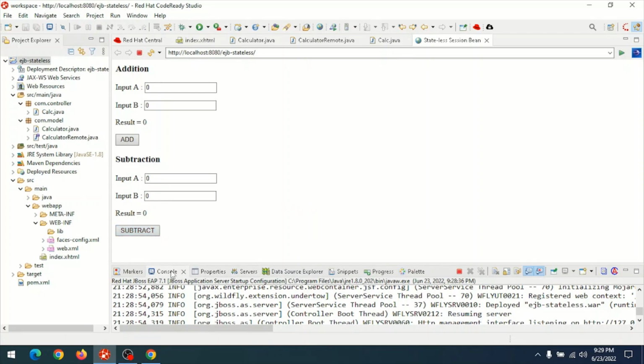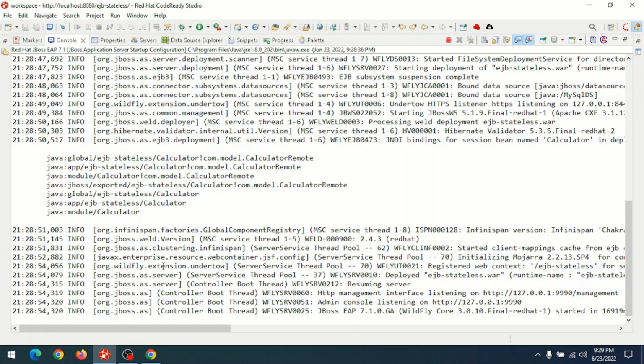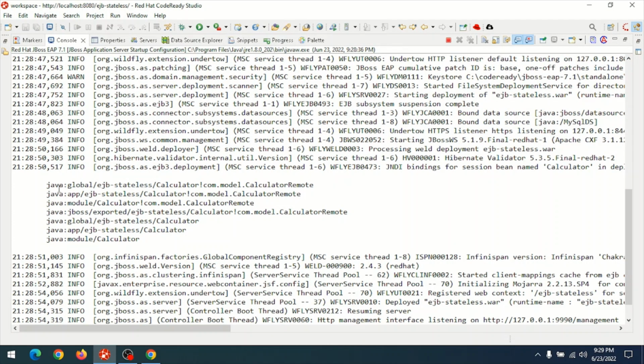Now just to review the console logs. There you can find the JNDI bindings for the session bean Calculator. JNDI stands for Java Naming Directory Interface. So these are the JNDI bindings for the stateless session bean Calculator. Let me copy the JNDI java global for calculator remote. CalculatorRemote is the interface which we placed in the package com.model for remote access. So copy this JNDI